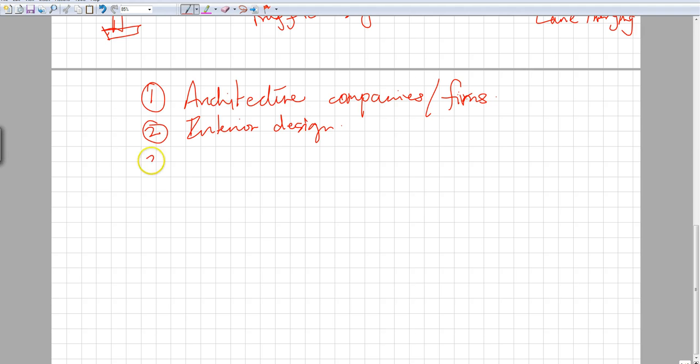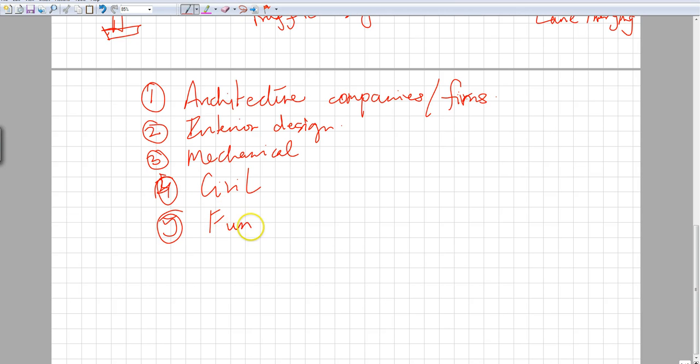Correct? Third one would be mechanical companies, where you have to learn how to put your mechanical part on the piece of paper, or using a CAD program for doing that. Then I would say four is civil,